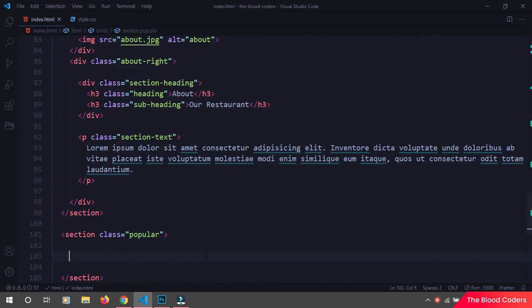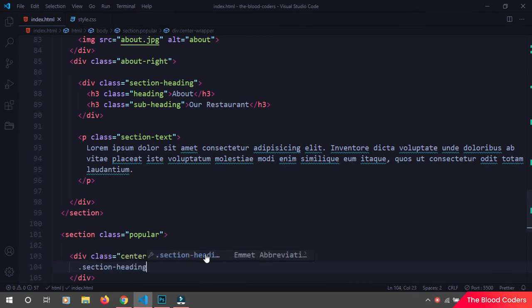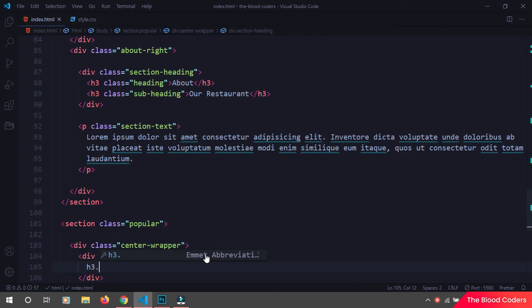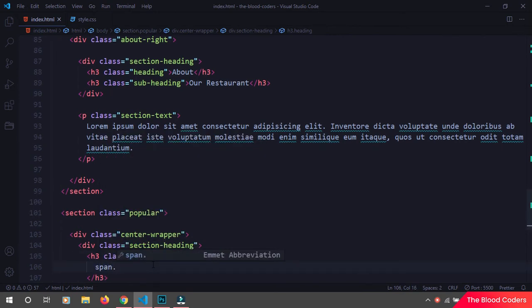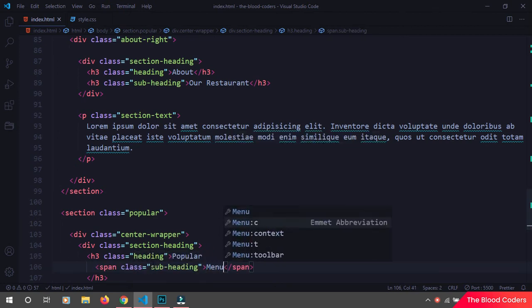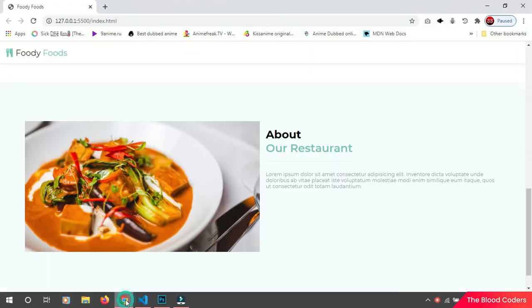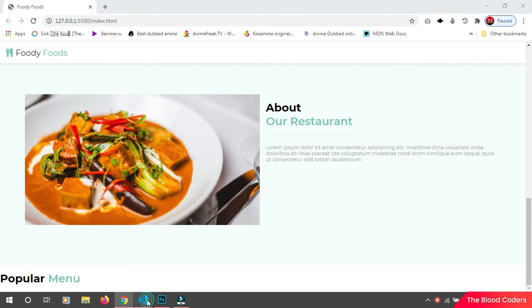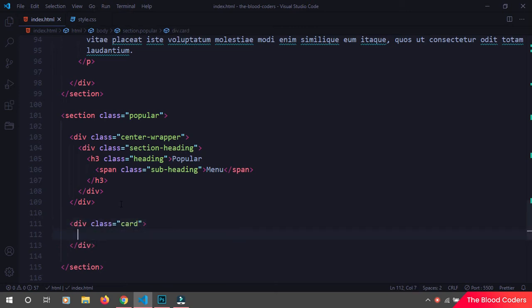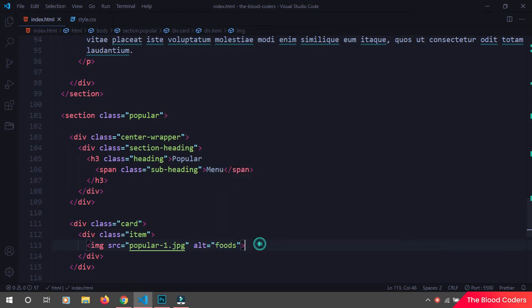So go back in HTML and we will add all our stuff quickly. Okay, let's go and see what we have. Okay, we need to make it center, but first let's add those card. So we will have item, and inside this item I will have an image, and I will say popular one, and alt will be just pop foods. Okay, and we will have some text like say